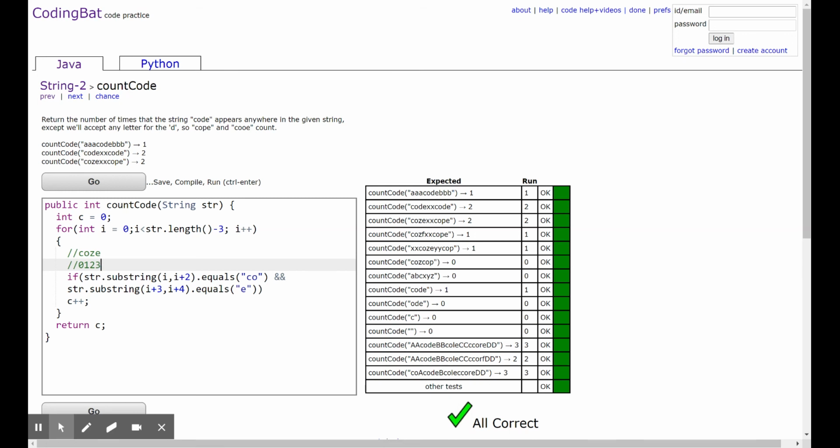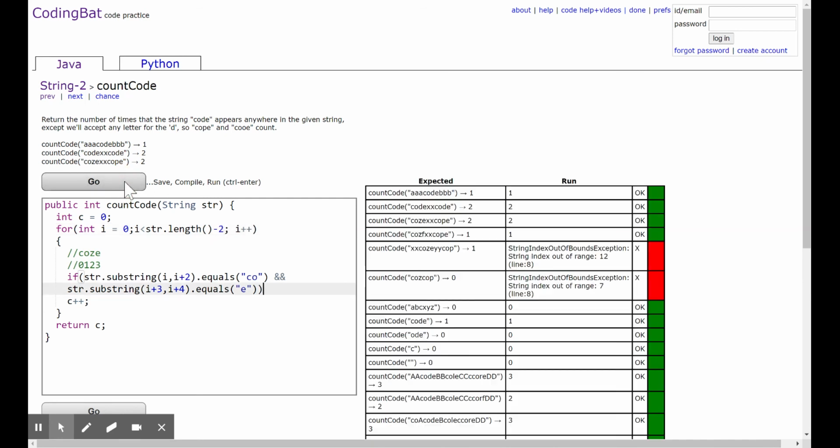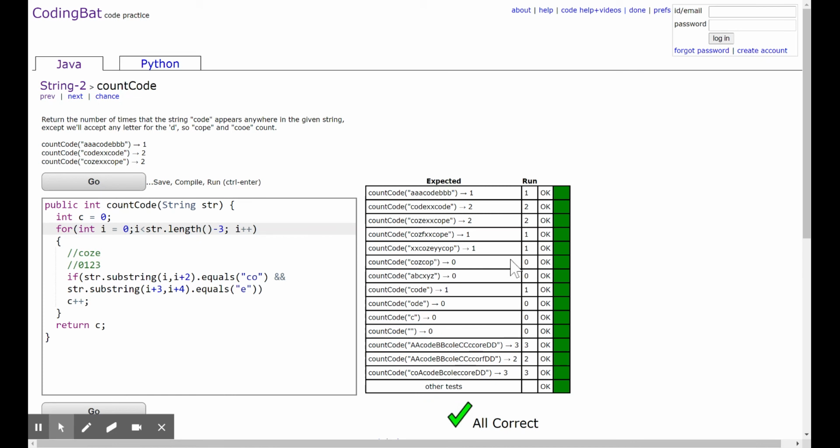So it says, okay, if substring 0, 2 equals CO. So if you say 0, 2 on a substring, you're going to get CO. Perfect. And substring 3, 4 equals E. Now remember, 3, 4, it's 1 less than the second number, so it doesn't give you an error, and you get an E. And see, if you didn't, I'll show you, if you did this, it'll crash out of range when it goes too far. And that's why we take a little off the top to make sure it doesn't go too far. Alrighty. I hope that